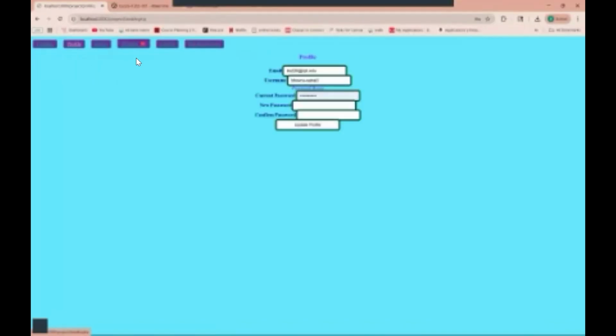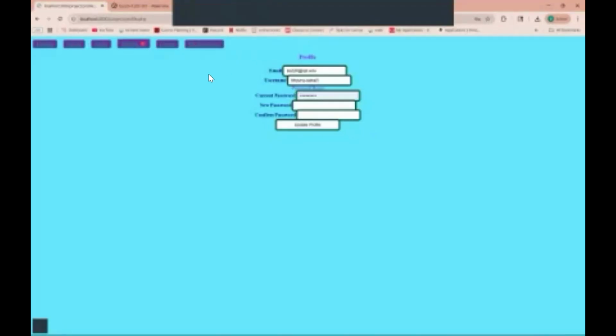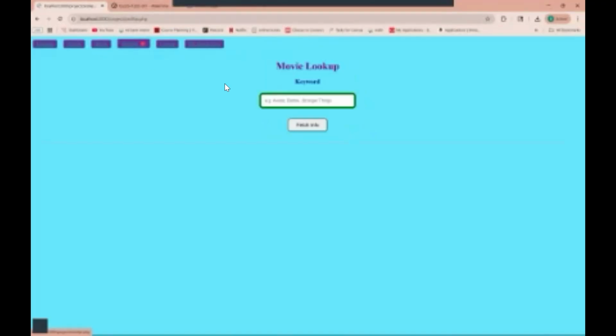If I go over here, this is the profile page. Basically, it's the user's account. You can see the email that I registered with, and the username that I created. And then I can also see my password. If I wish, I can set a new password and update profile. I won't be doing it right now because I already like what I have, but it is something that you can do. And if I click home, it gets you to the main page,